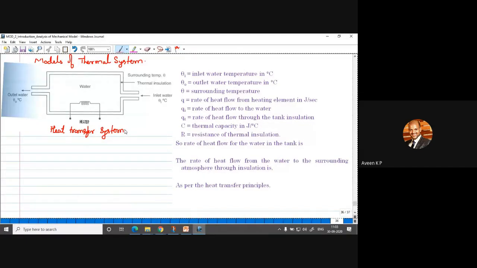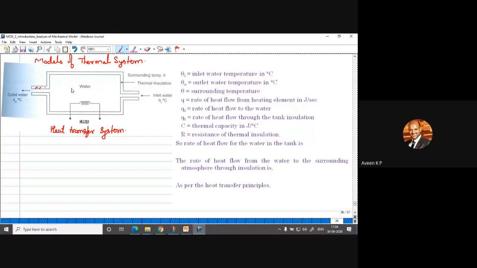And we will assume certain conditions here. The first one is no heat storage in the insulation. So this is the insulation, the first assumption that we will make, that is no heat storage in the insulation. And the second, all the water in the tank is perfectly mixed and hence has uniform temperature. This is the consideration that we will assume before writing the mathematical equation. So for this, your fundamentals of thermal subjects are important. I will just mention its equation, how to write.